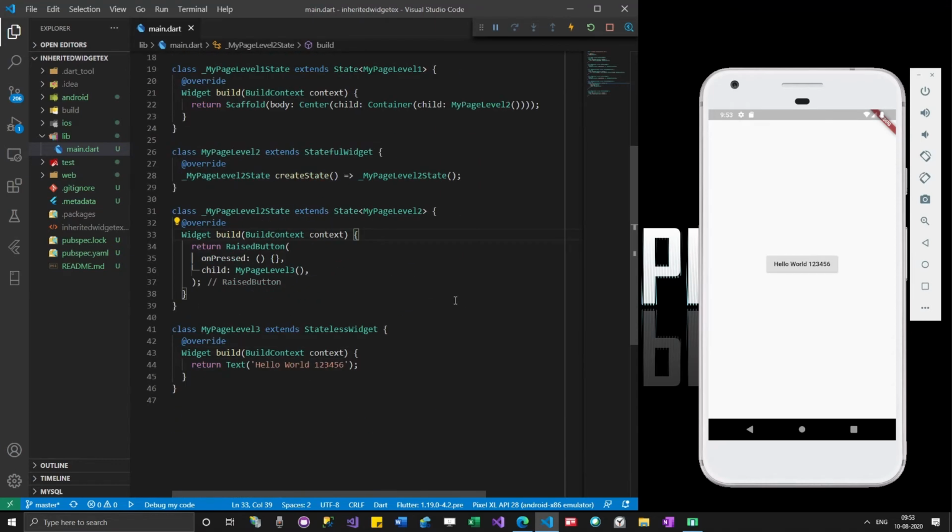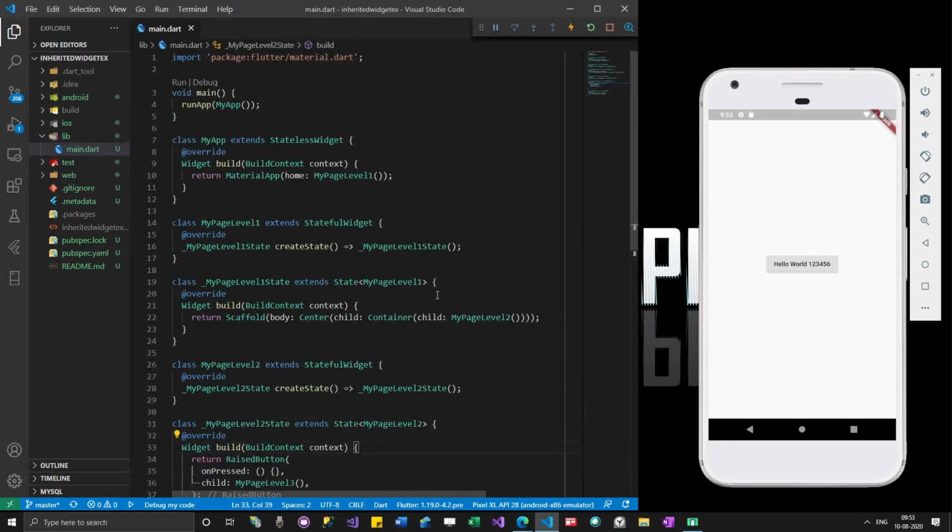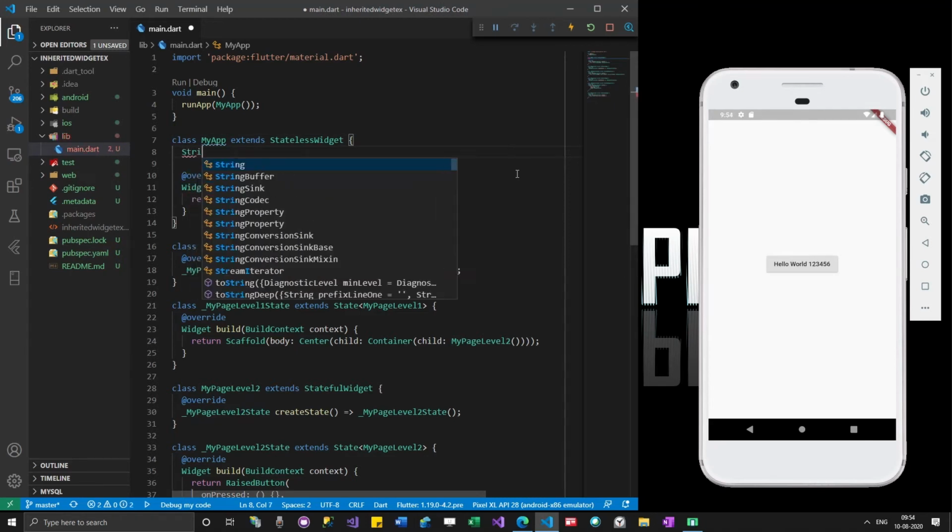There is no title as such, so let's have some title over here.